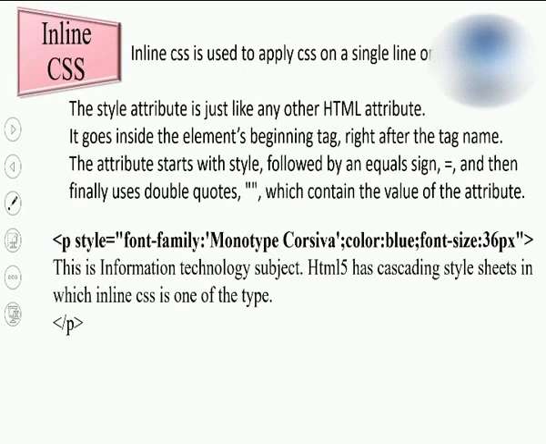So inside this tag, prior to ending the angle bracket, I am writing style equal to, followed by the specification I am writing inside the double quotes. Observe the syntax over here. The double quotes are important to write the inline CSS for the specification. Now here I am specifying the keyword font-family. This is a property for the paragraph I am using in CSS. I want to specify the font Monotype Corsiva for my complete paragraph, as well as I want the color blue, and I want to have size 36.